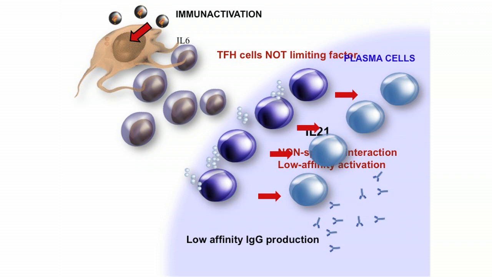And we also see this outburst of IL-21, and we know IL-21 leads to the development of short-lived plasma cells. That's exactly what we think is happening through the IL-21, that we have a premature development of the B cell or the antigen-specific B cells towards low affinity plasma cell responses